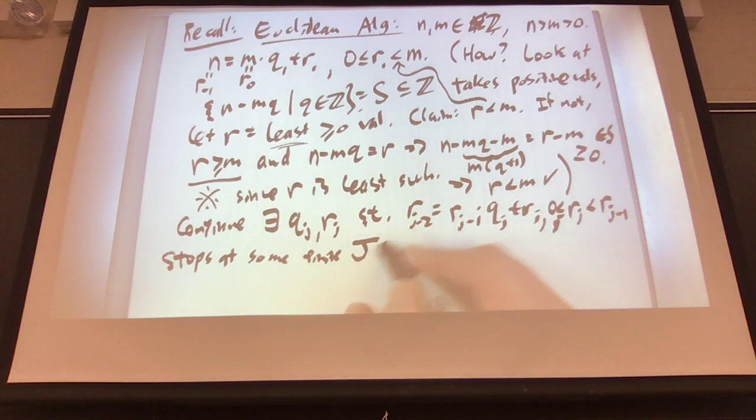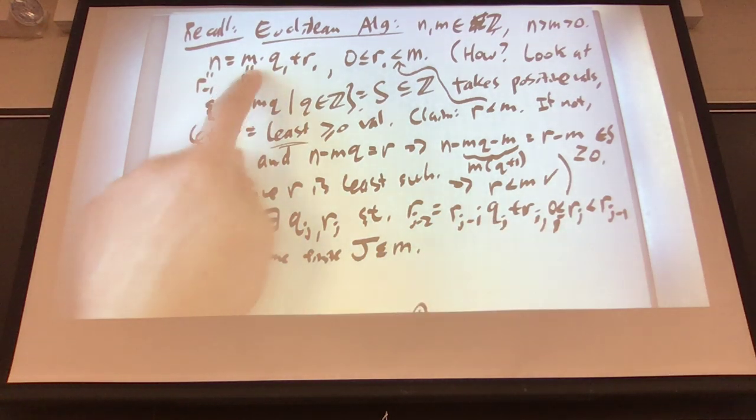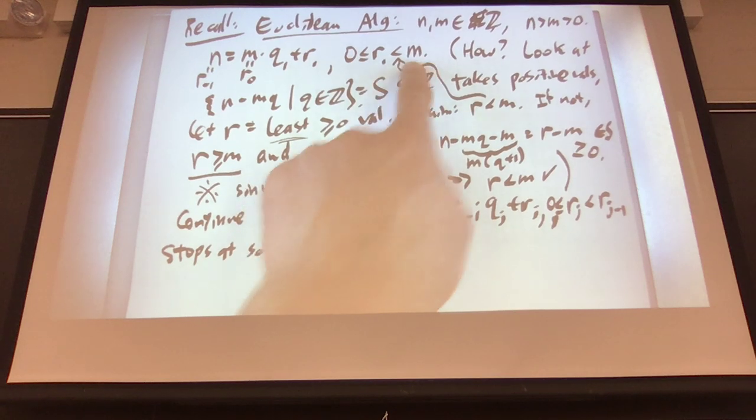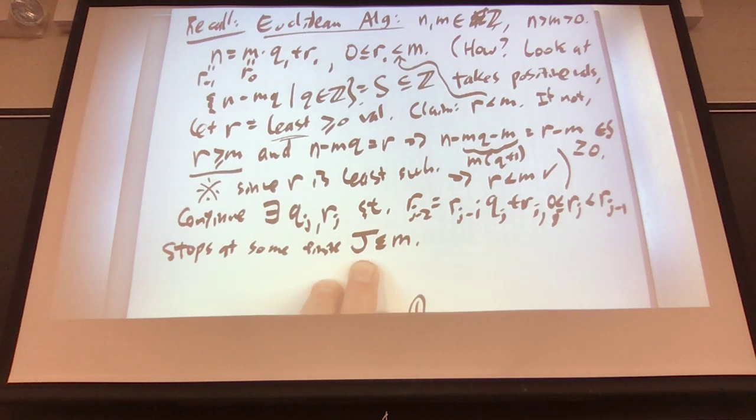Certainly can't take more than m steps, for example, because each time you're subtracting at least 1 and you started with a number of size m. So you can't subtract 1 more than m times and remain positive. What does it mean to stop? It stops